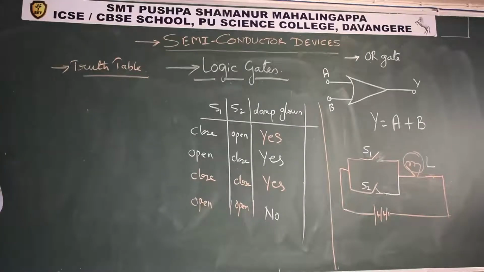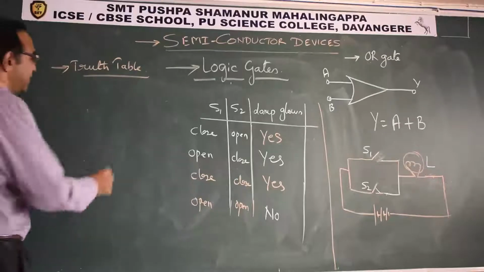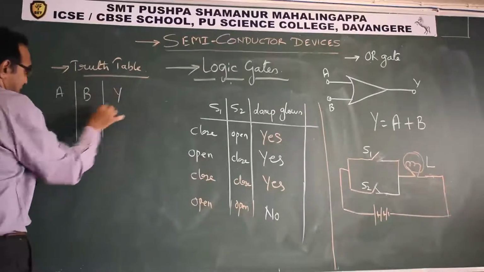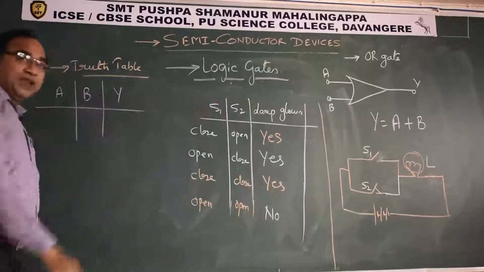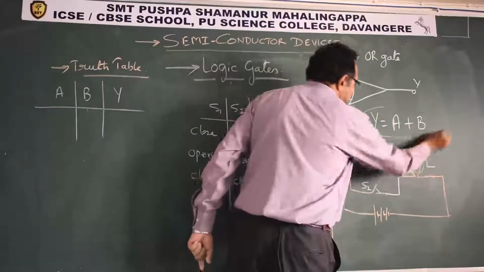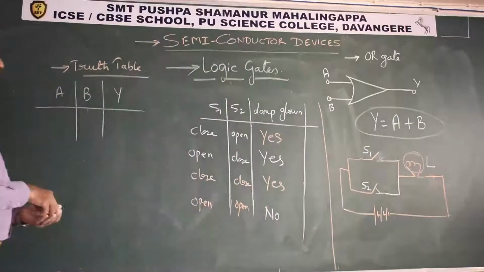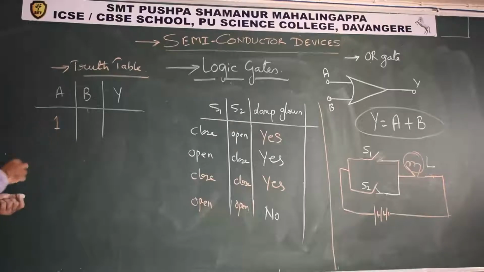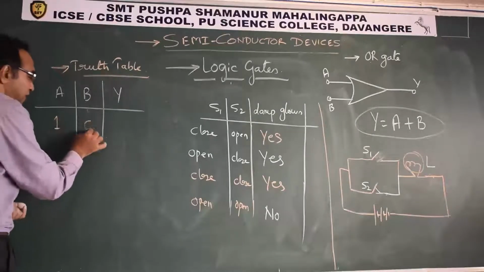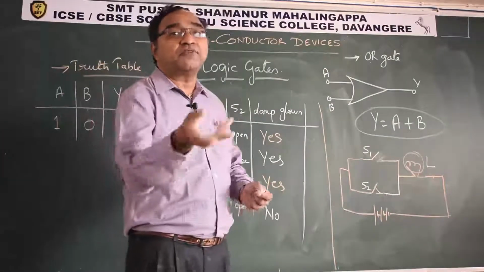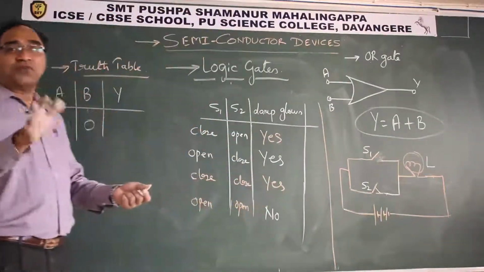Truth table. Now what is the truth table here? It is drawn for this A, B and Y. See there, Boolean expression, truth table. For that expression we write: for close, you are allowing current. Boolean expression says you have to give 1, and for no current, 0. So in Boolean algebra, we have only 2 digits, zeros and ones. There is no 2, 3, 4, 5, nothing like that.